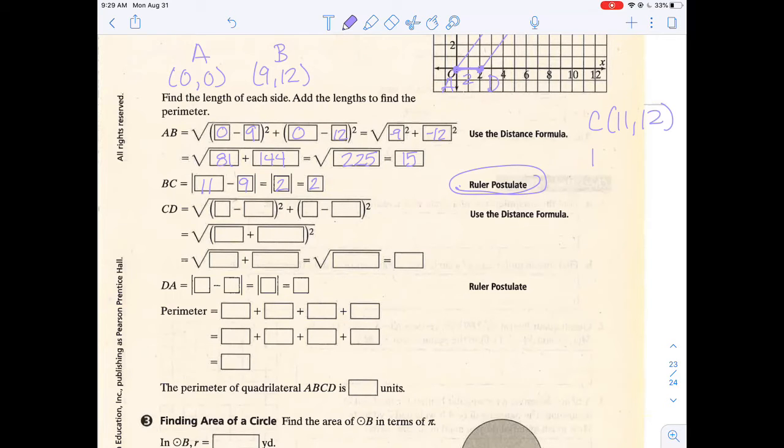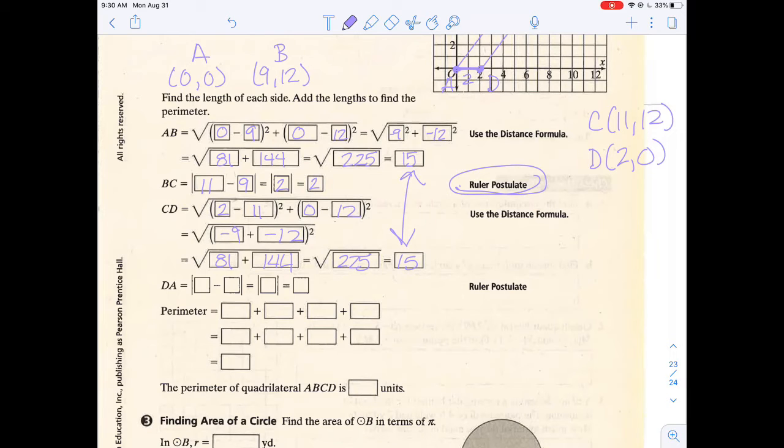And D is 2, 0. So if we make D 0.1, 2 minus 11, 0 minus 12, we've got negative 9, negative 12. Negative 9 squared is 81, negative 12 squared is 144, which is the same as we had up there. The square root of 225 is 15, which is good because it's a parallelogram, so those 2 sides should be